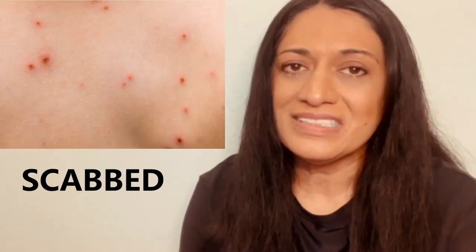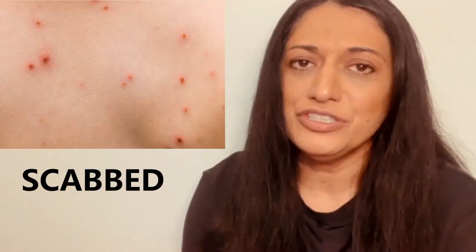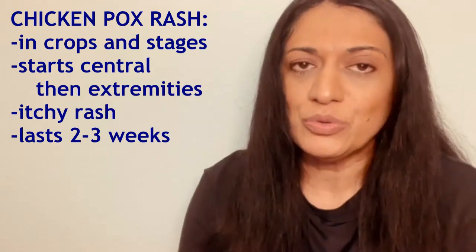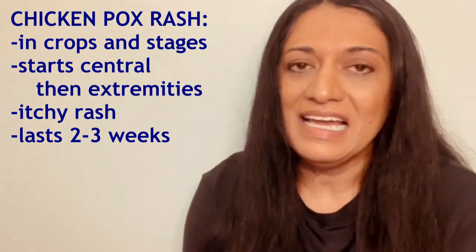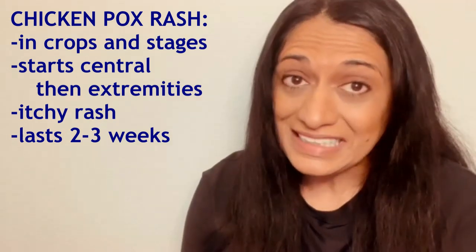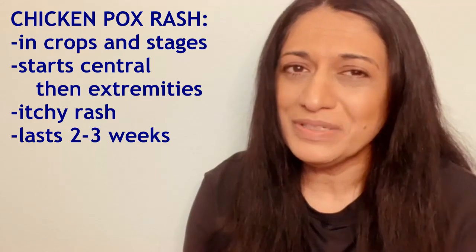And so what you'll see is as one crop progresses, a new one will show up. So the classic sign is you see all three stages of the rash at one time. It usually starts off in the torso or the central area of the body and goes out to the extremities and the face. Now, the rash is usually itchy and lasts about 2 to 3 weeks until all of